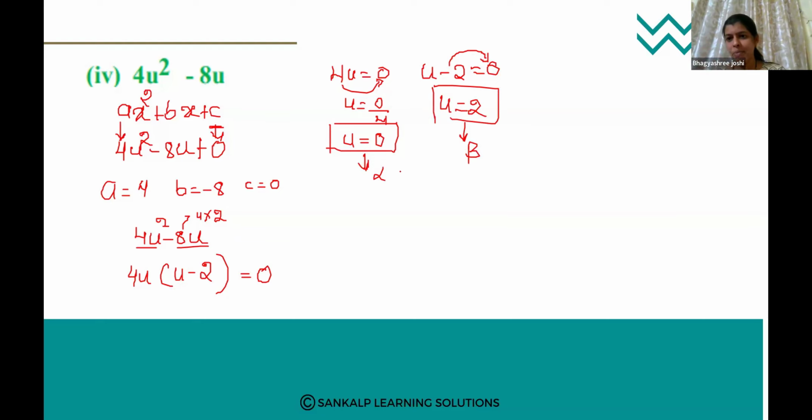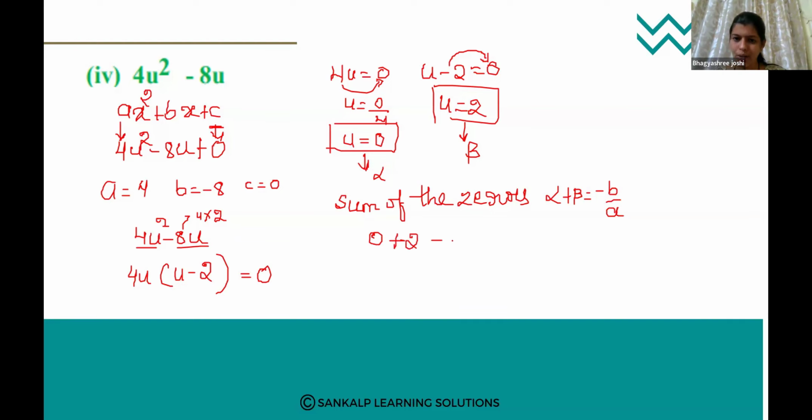Right? Next step, find out the sum of zeros. Right? Sum of the zeros. Note it down along with me. Sum of the zeros. Alpha plus beta is equal to minus b divided by a. So this is the formula. Next, alpha value is 0. Yes or no? Beta value, that is 2, equal to minus,